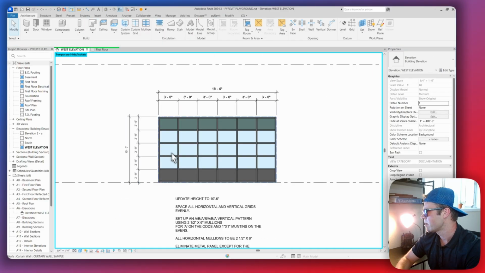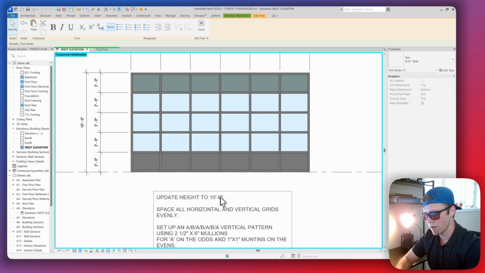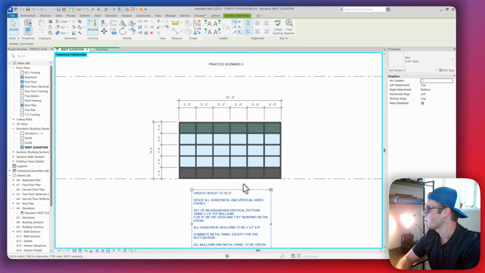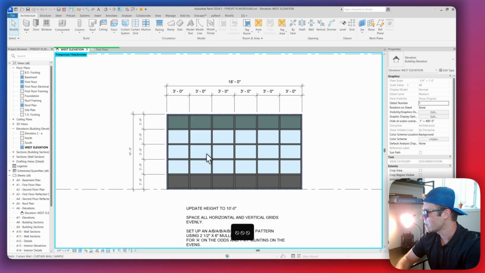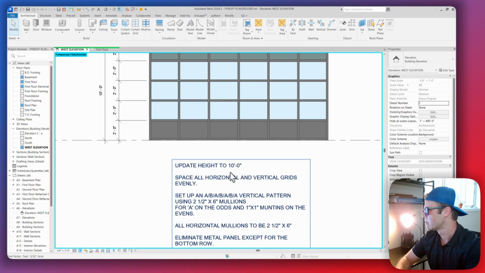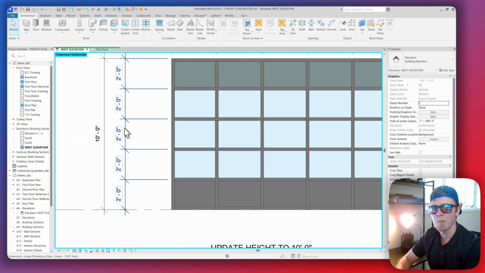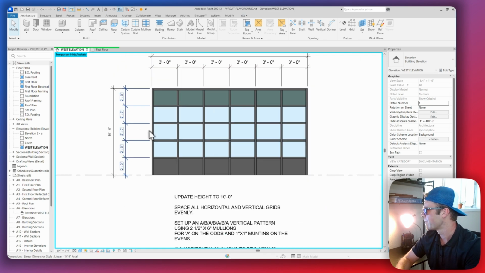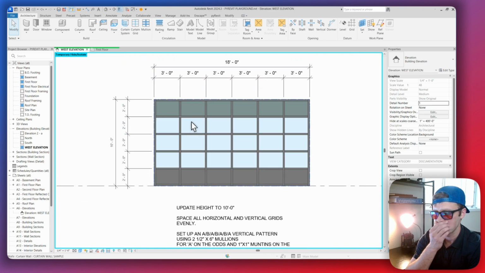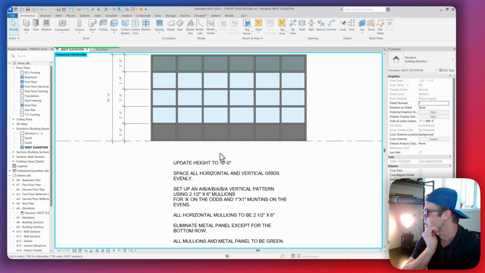So let's keep it at 10 and let's change this to 10.0. Okay, so we're updating the height to 10.0. This is just a sample project, so it's not a big deal. I just would rather have these evenly spaced at a good whole number. So there we go. Next step is going to be, let's see, set up an